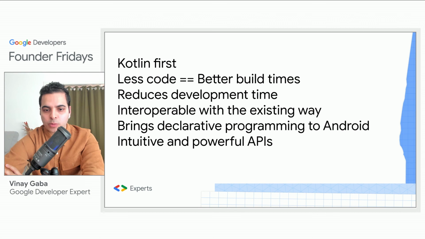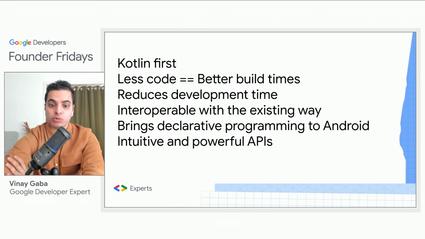One thing I didn't point out with an example, but I want to call out now, is that it's completely interoperable with the existing way of building Android. So you don't have to rewrite your app. You can just create a composable component and use it in the existing screen, or vice versa, use something that you created in the view system, but use it in Compose. It brings declarative programming to Android, which is essentially what React is trying to do for web, and some of the APIs are super powerful and intuitive,